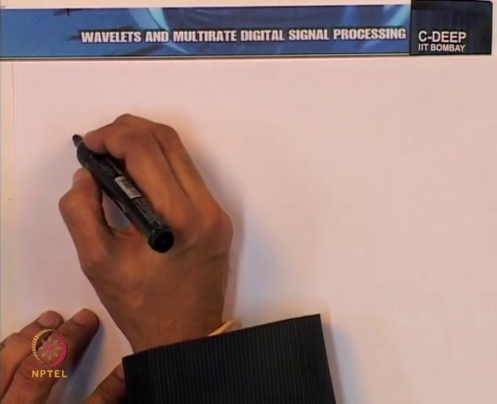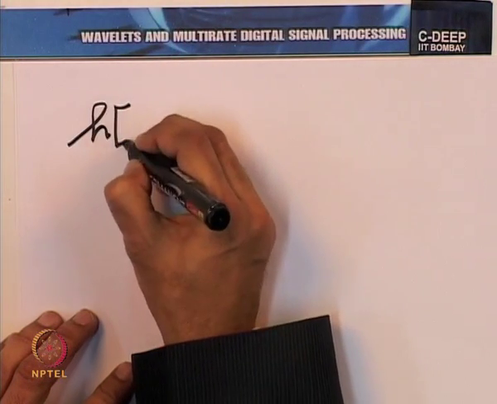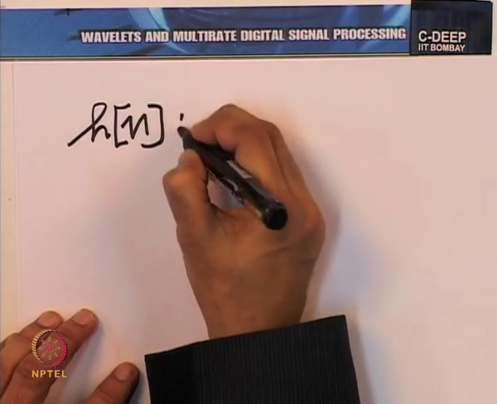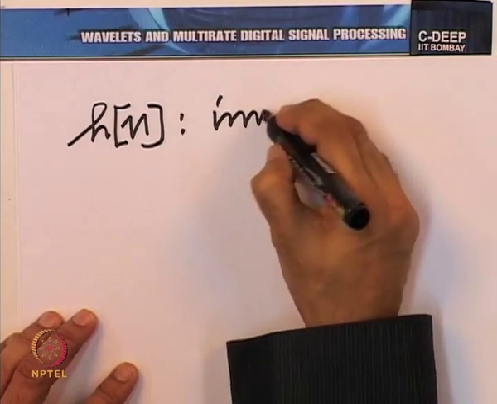Now, we will take that serendipity, that discovery further. So, indeed, let us note at the moment that within a scaling factor, if h of n is the impulse response of the low pass filter in question,